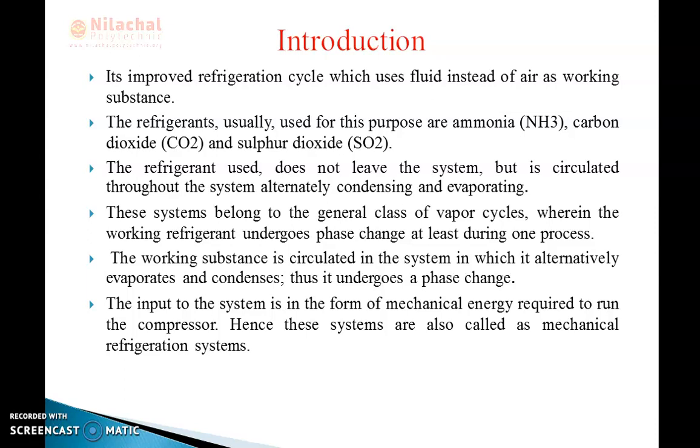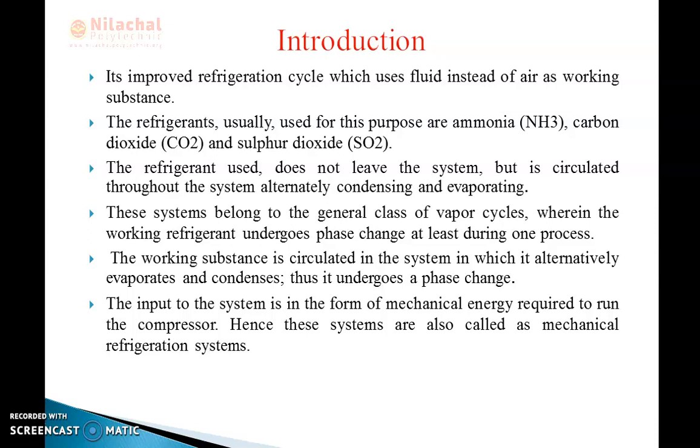For carbon dioxide, the sublimation point, that is the boiling point, and the freezing point temperature is minus 78.46 degrees Celsius. And the last is sulfur dioxide, whose freezing point temperature is minus 72 degrees Celsius. So here you observe the freezing point is nearly equal to minus 70 degrees Celsius, which means that we can go